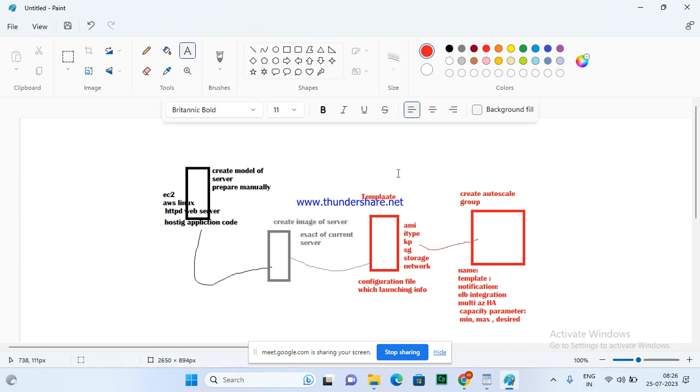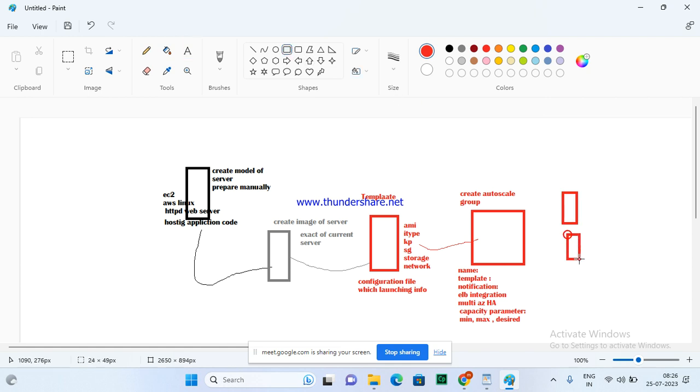So now the work is finished and your application will be ready. Your server will be ready with auto scaling and load balancer. Suppose I said to my auto scaling, create only 2 servers initially, and if required, then add more.